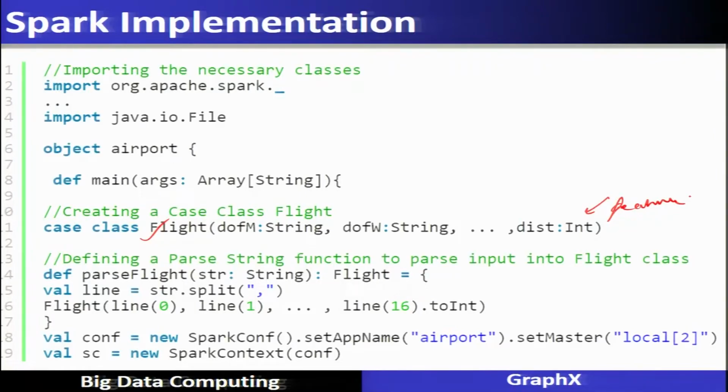Then we use a parse string function to parse the input into the flight class data. Then we create the application name and the Spark context.